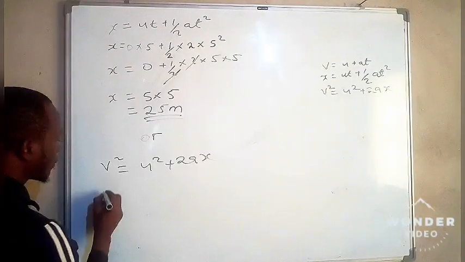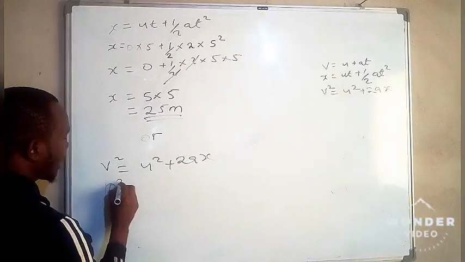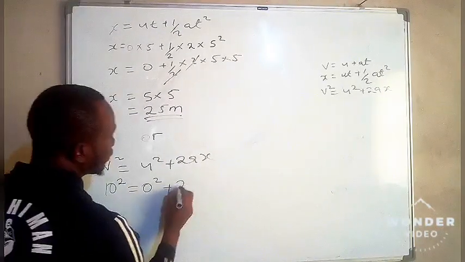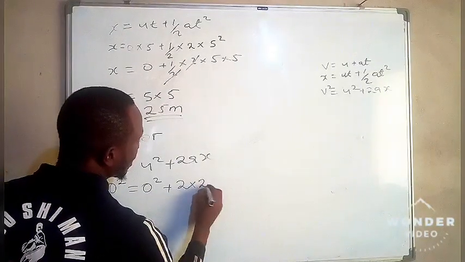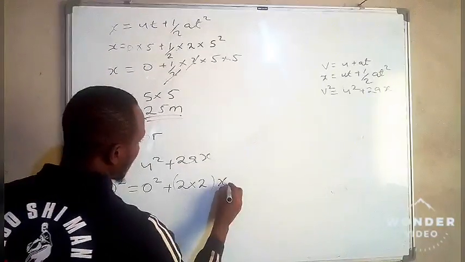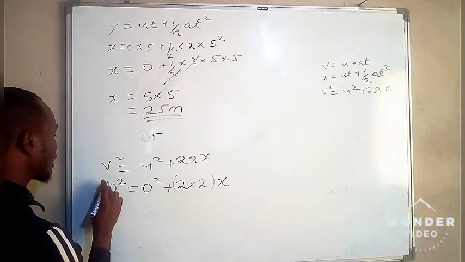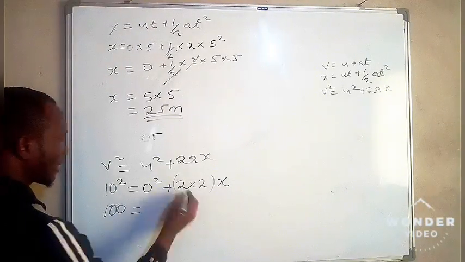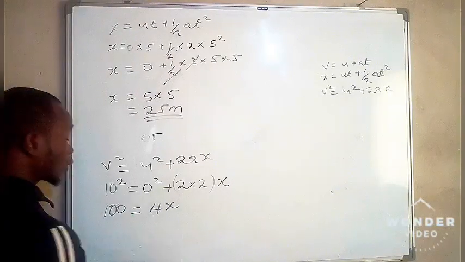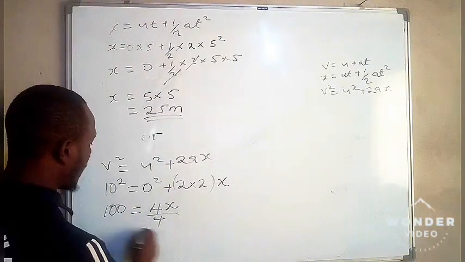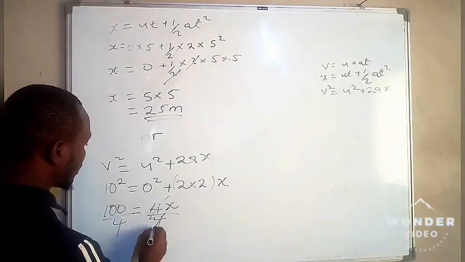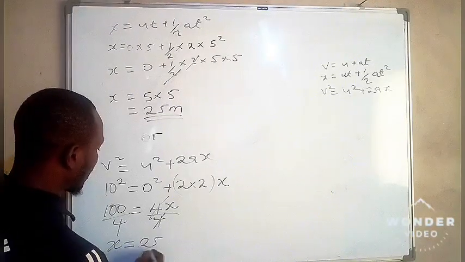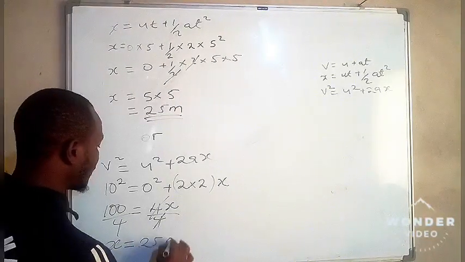We found our v to be 10, so 10 squared is equal to, our u is 0, so 0 squared plus 2 times the acceleration, which is 2, then times x. 10 squared is simply 10 times 10, which is 100, which is equal to 0 plus 4x. If we want to have x, we just divide by 4, and here we divide by 4. So this and this are going to cancel. What we're going to have is x is equal to 25. What are the units for distance? We have